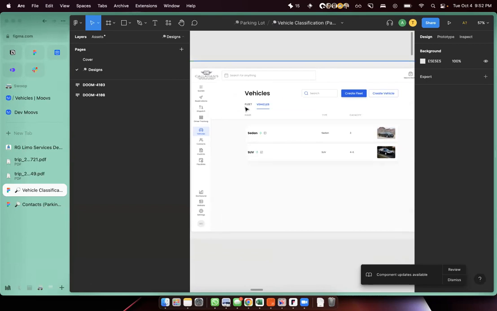So now they can create fleet and they can have auto availability features on the booking tool, so that they don't have to show vehicles that they own to customers who are trying to book them when they're not available. We have a lot of good things in the works with this new feature update that'll unlock a lot of problems for many operators between the concept of fleet and vehicles. So we're super excited about this one.